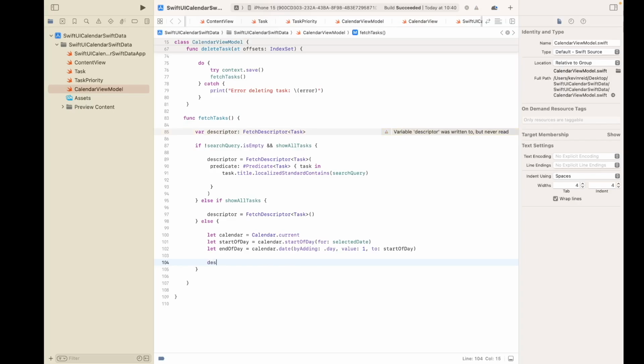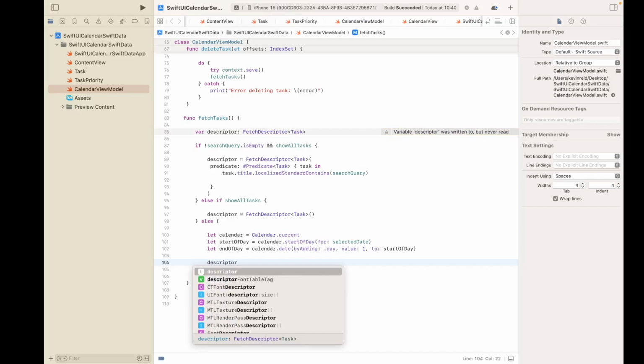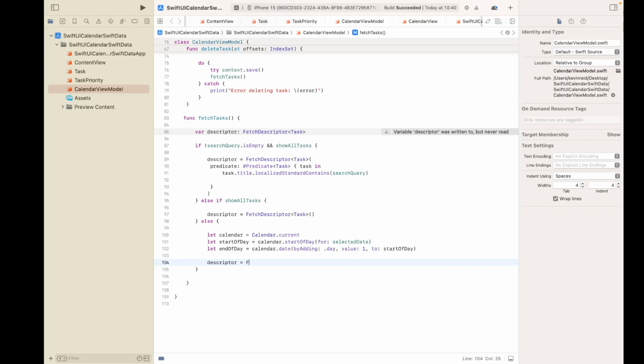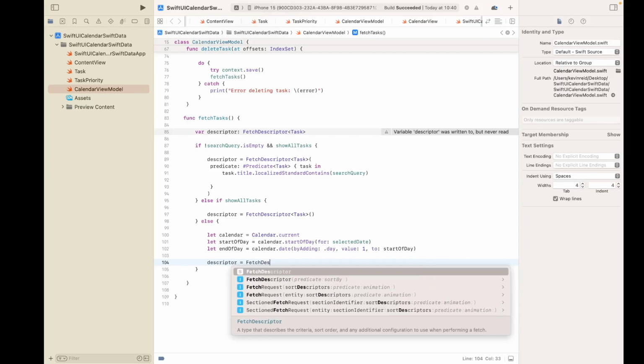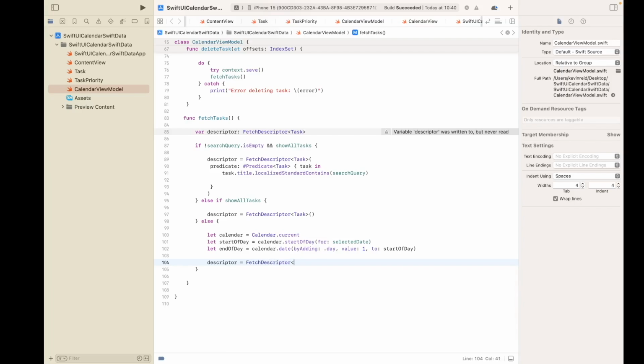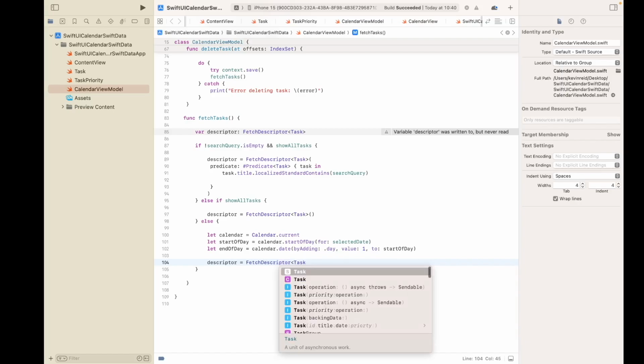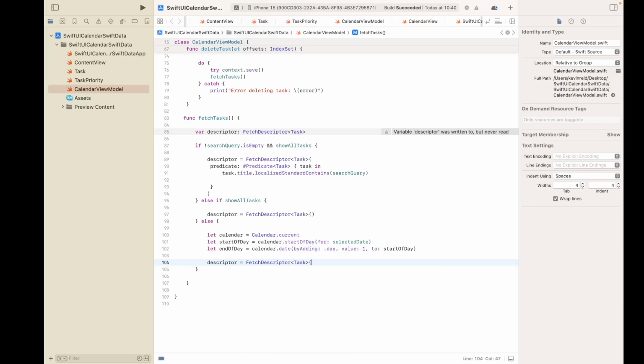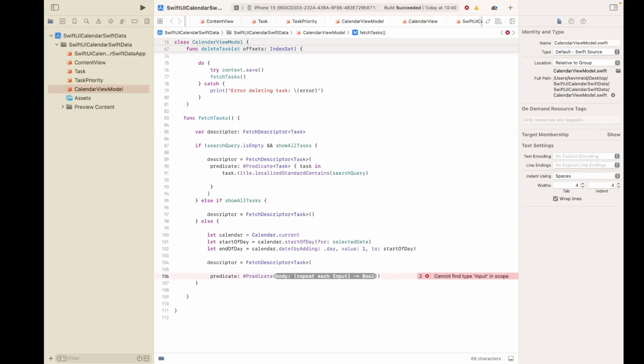The next thing we need to do is to fetch the tasks that fall within the selected day or date as specified by the user. Fetch descriptor, task, predicate, task